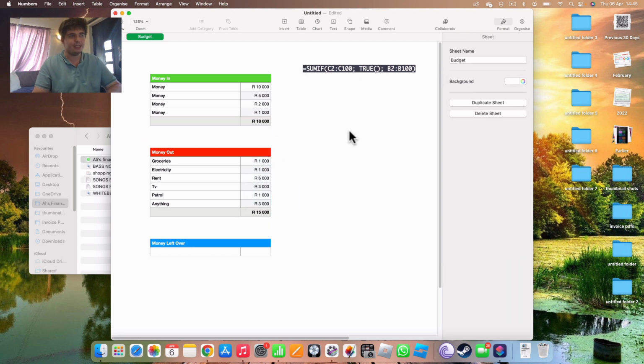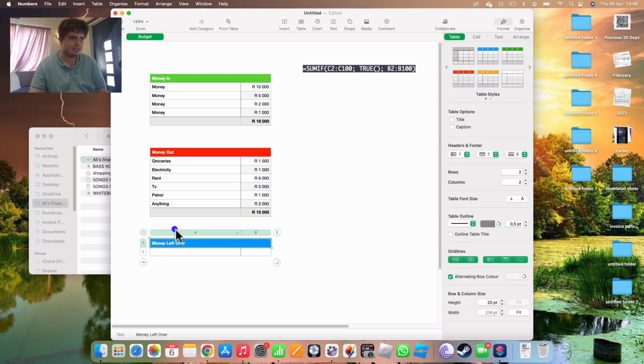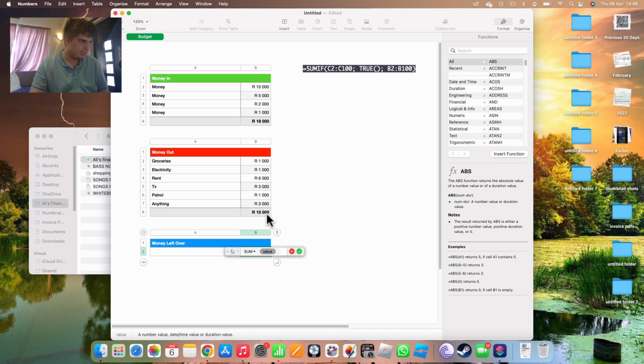So anyway, the next thing that you may or may not know is that you want to know how much money you have left after your expenses and everything. So then what you want to do is, you see this table called Money Left Over. Now you go here, you go Sum, and then you're going to go here, and now